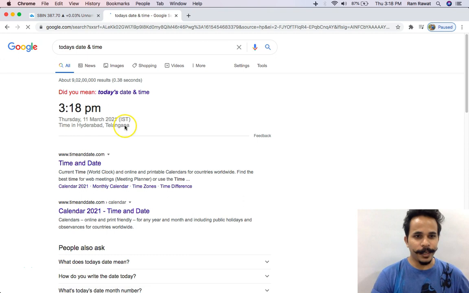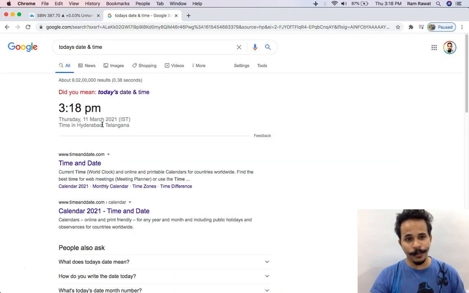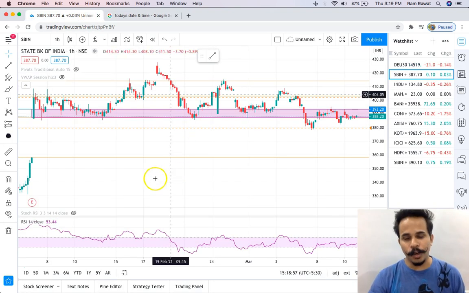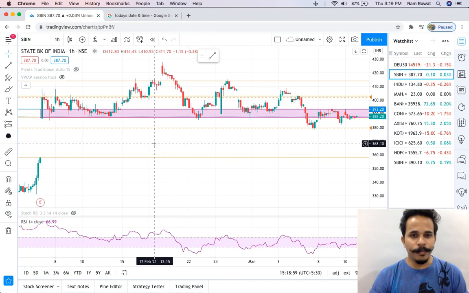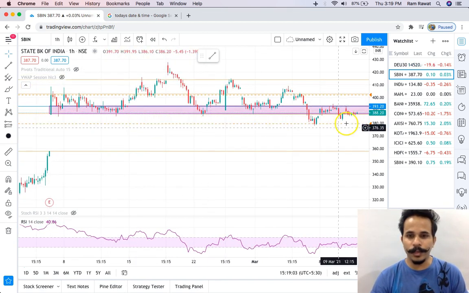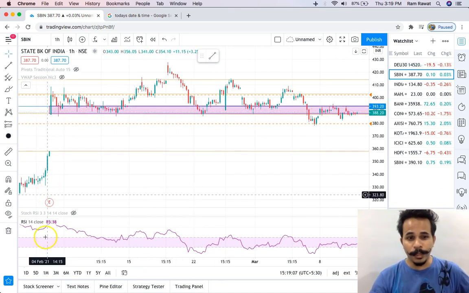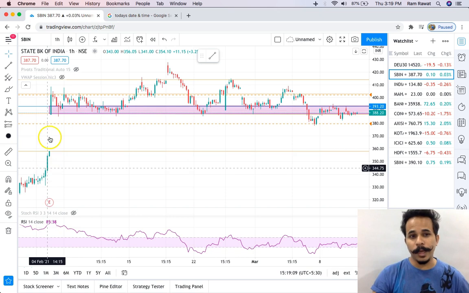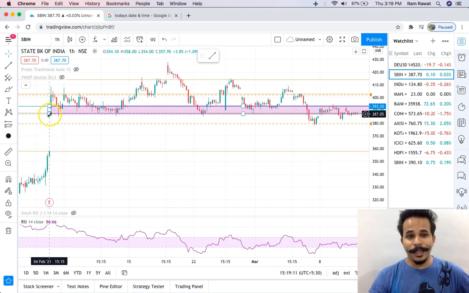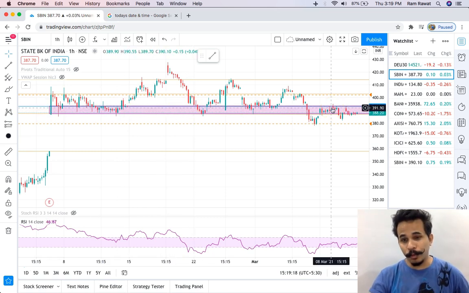Today's date and time is 11th of March, 3:18 p.m. The market is closing for the day and now we are inside the SBI stock. I just drew one small zone where the stock is resisting for the last 1 month. If you see closely, the stock went up on 4th of Feb and it has been maintaining this support level, the support zone, since the last 1 month. It's been more than a month now,